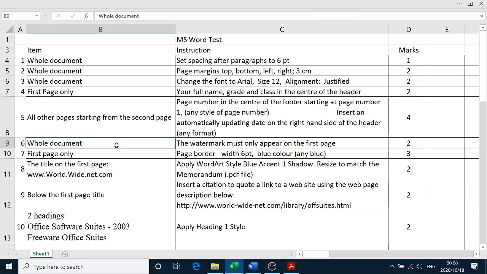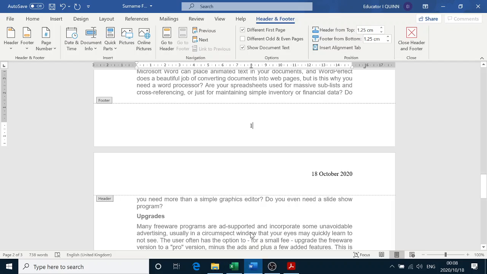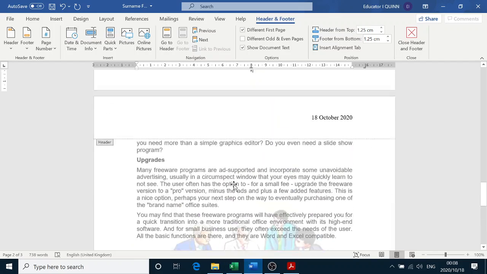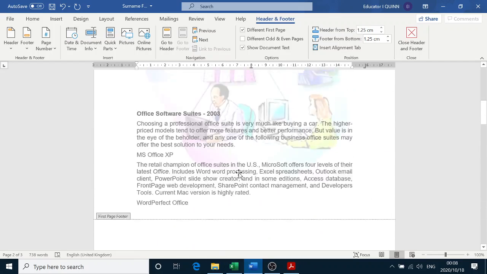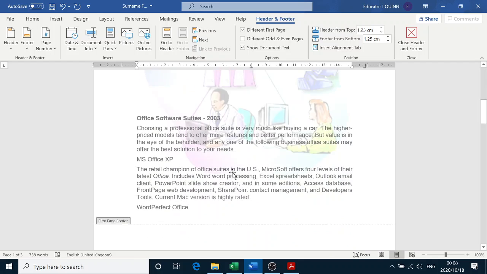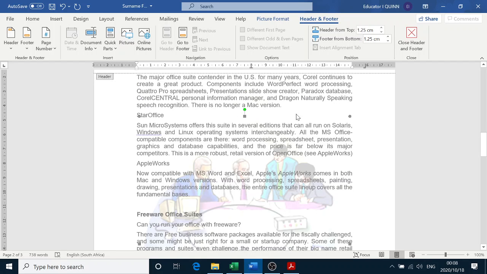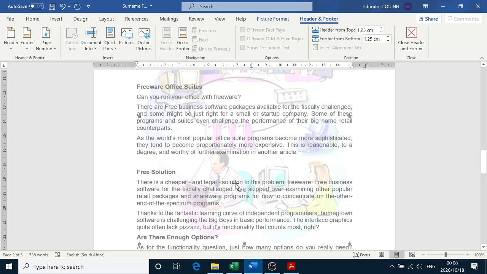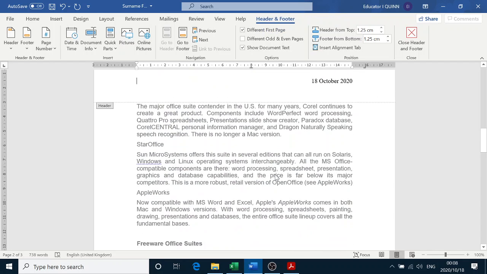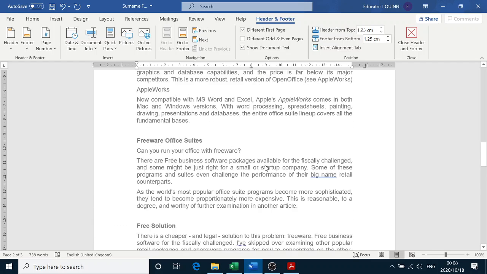Right, next thing, the whole document, the watermark must only appear on the first page. Remember I told you before that the watermark is in header and footer view? Well, here's a watermark on the first page, but we don't want it on the second or the third. So we're in header and footer view. So guess what? We can click twice to select that watermark. It's a whole picture that's over there. So I clicked, I'm going to press delete, and now the watermark's gone from the second page,